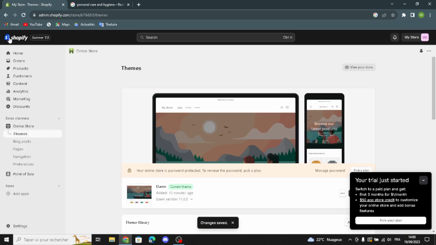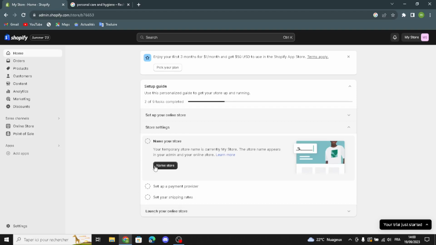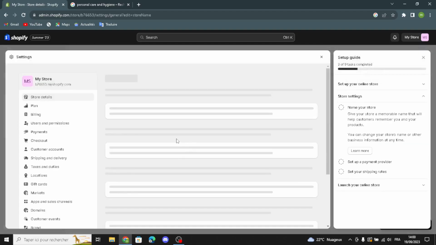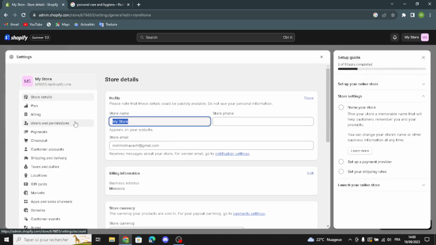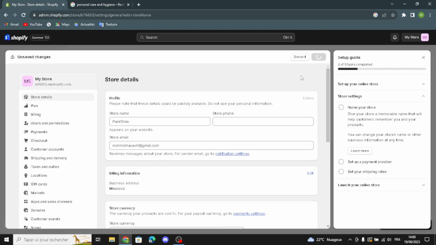So in the dashboard you can go to the home, and for example you can now name your store after you add your first product and customize your online store. Now you can name it, just click here and here, type any name you want about your business. You can add your store phone, also you can add your store email or change it. So that's it. Now let's save this,